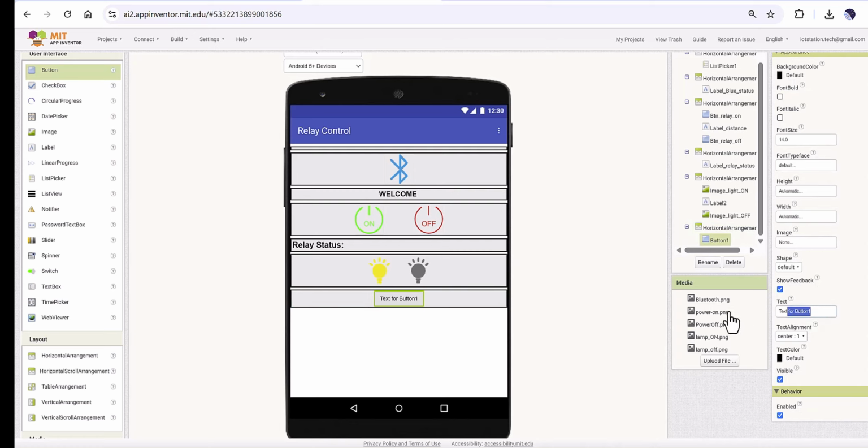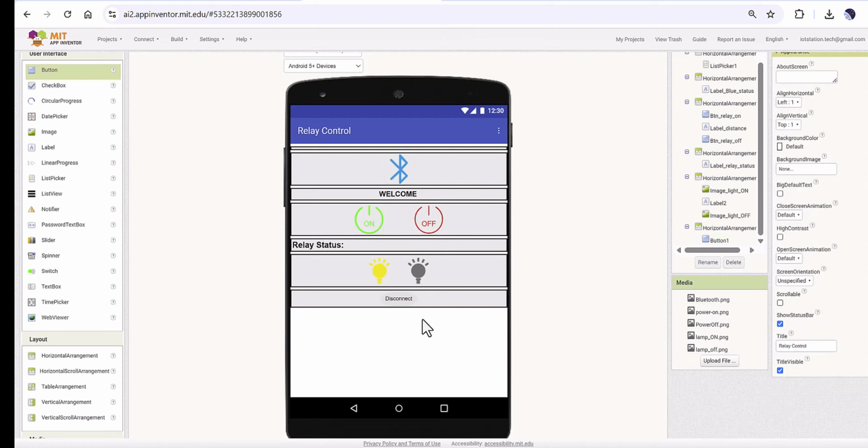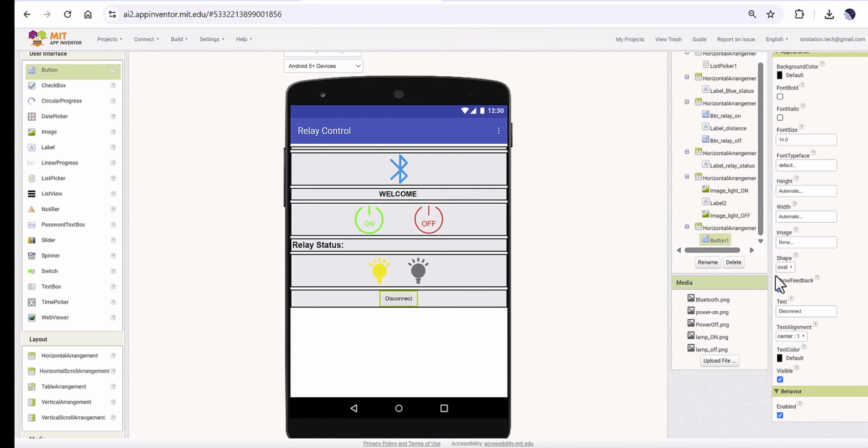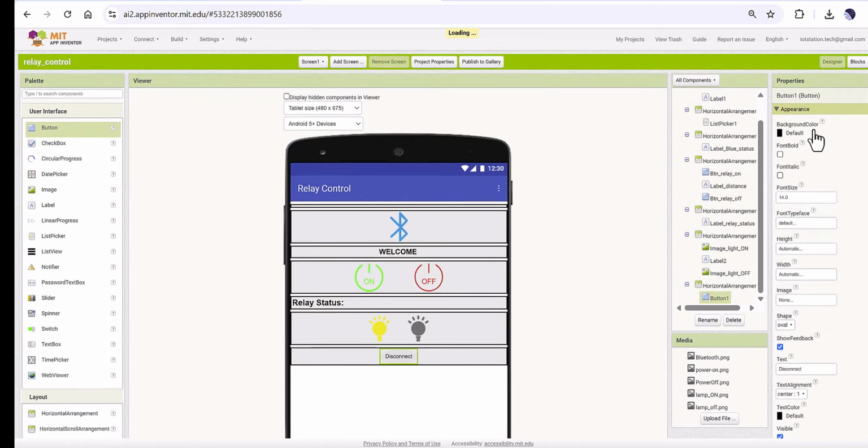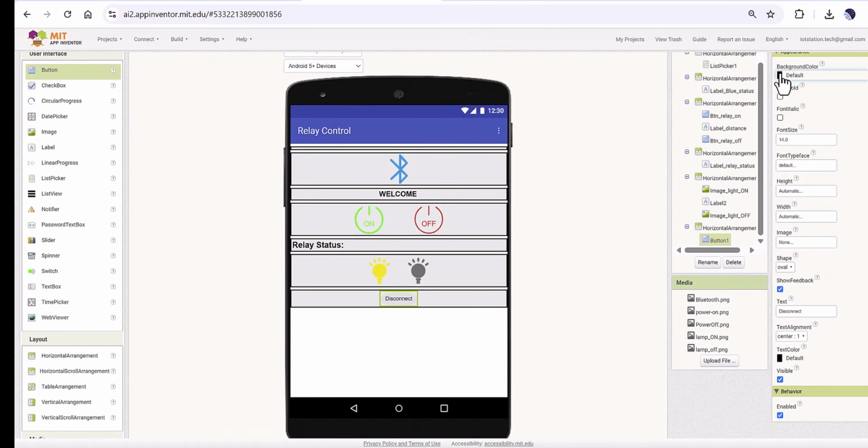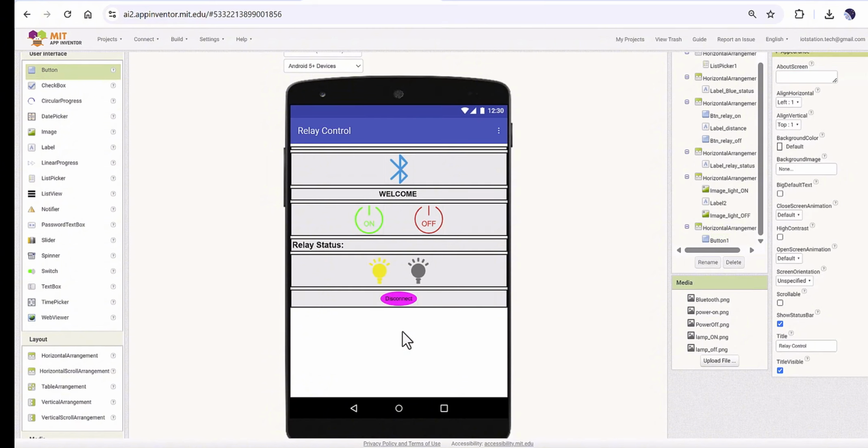In this button, disconnect. And make this button the shape as oval. Let's make the color pink. Okay,